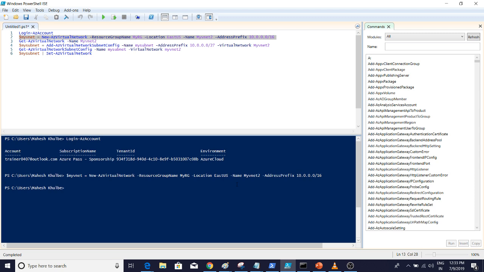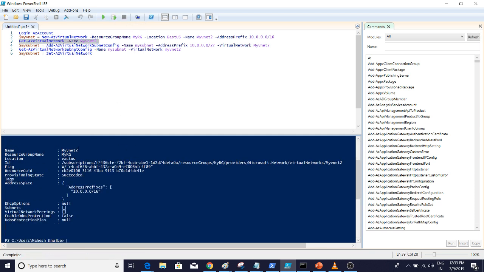But how do I verify whether this virtual network is created or not? For that, I need to run the command which is Get-AzVirtualNetwork and then the name of my virtual network. So let's see what information it gives to me. It says yes, my virtual network 2 exists inside the resource group my-rg. Location is East US. Address prefix is this, and it is created. If it would have given me any error, that meant that my virtual network was not created at that moment,